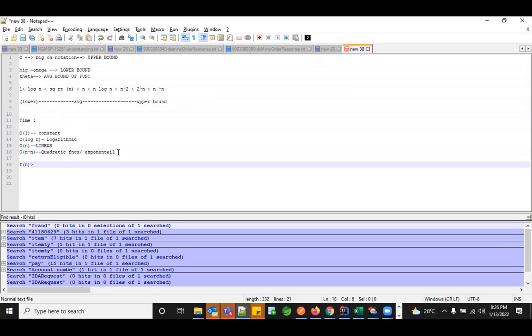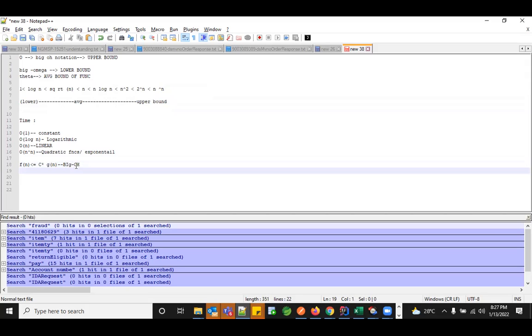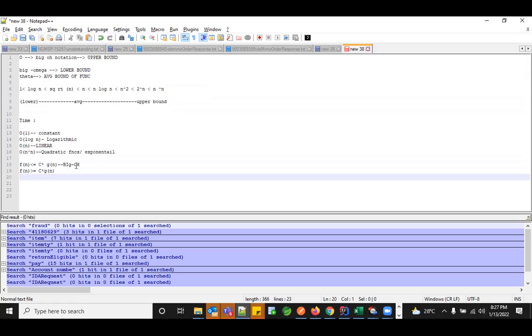If it's handwritten, it would be easy, since I'm using this. So for the big O notation, the function should always be less than or equal to a constant times some other function. So this would be the representation of your big O notation. The same way, if you go for your big omega function, then the values are going higher. So the function representation would be greater than or equal to the constant times some g of n. It can be any function. So it's just a generic representation of your function.